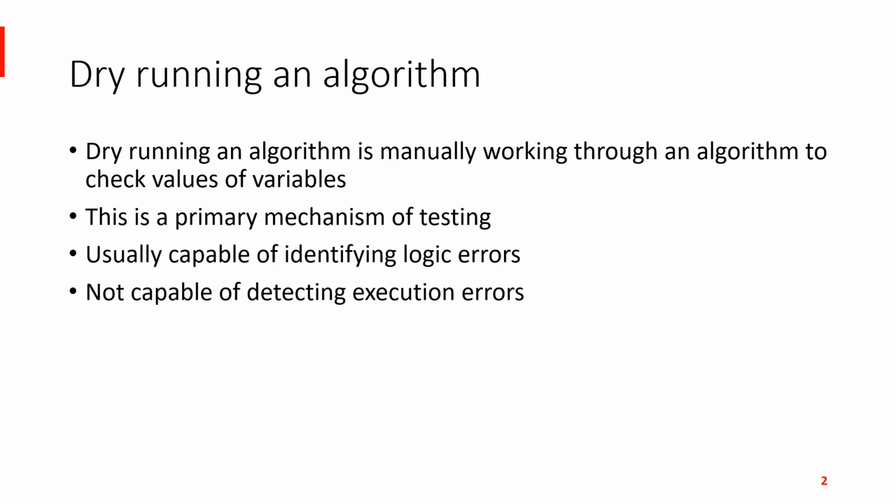Of course, there are certain cases where you can find certain things. Another example: if you ask your program to append some text to an existing file, and that file does not exist, there's no way of appending. It's like creating a new file and adding to it. If you have not given the program an instruction to create a new file if that file does not exist, those execution errors are not that easily detected by dry running an algorithm.